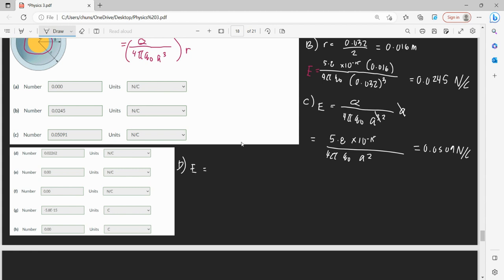This is E equals, and let's do the same thing where we keep our A variable in there. (1.5 A). That means we could cross that out, reduce that down. So then we have 5.8 times 10 to the negative 15 times 1.5, over 4 pi epsilon 0 A squared. That's equal to